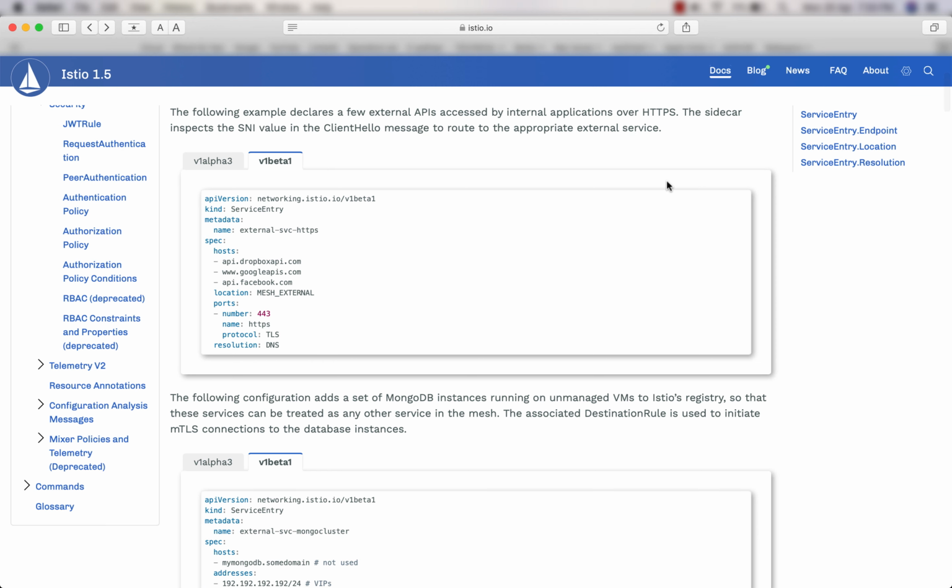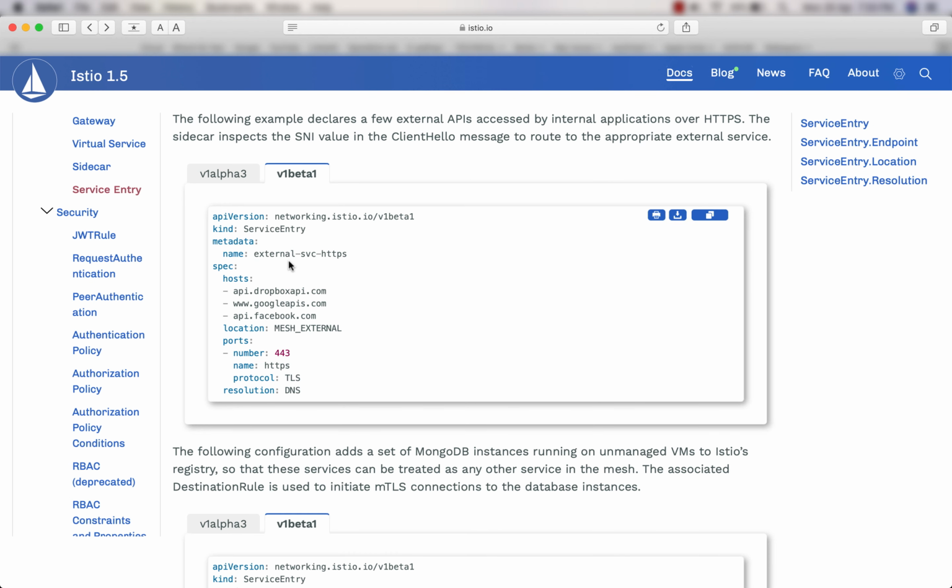Let's walk you through an example here. So this is one of the service entries that they have mentioned. They're saying that the hosts, these are the 3 different hosts. Location is mesh external, and port number is 443, and protocol is TLS. So it means that we are creating a firewall rule for which, if we apply this service entry, then the application containers in that mesh would be allowed to access api.dropboxapi.com, www.googleapis.com, and api.facebook.com.